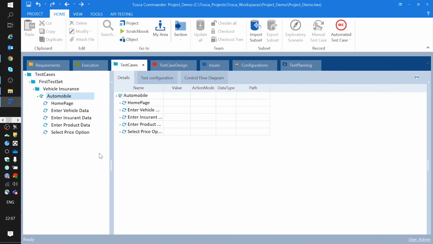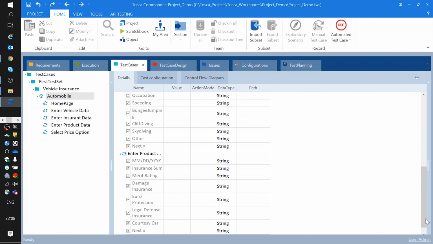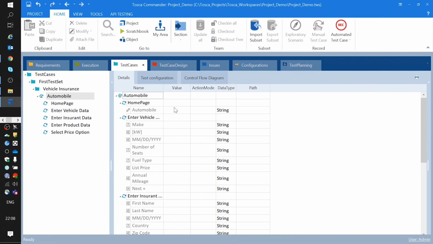Now this is our test case. What we have to do is extend all these steps which we have pulled from the module section, and then provide values here. For example, if you want to click on any button or link, there are two ways you can do it.